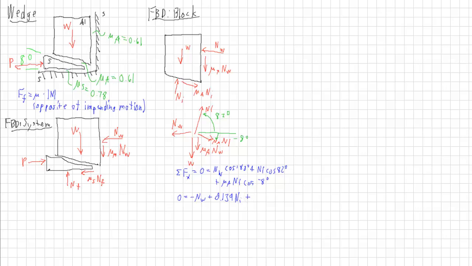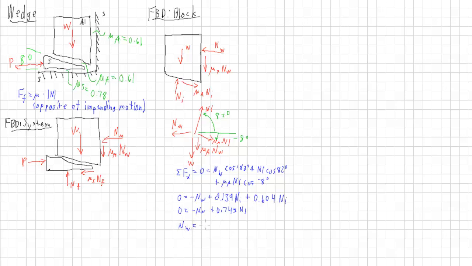And we add that to mu A times the cosine of negative 8, which is 0.604, and that's also times Ni. Now we combine these terms, and we get 0 equals negative NW plus 0.743 Ni,